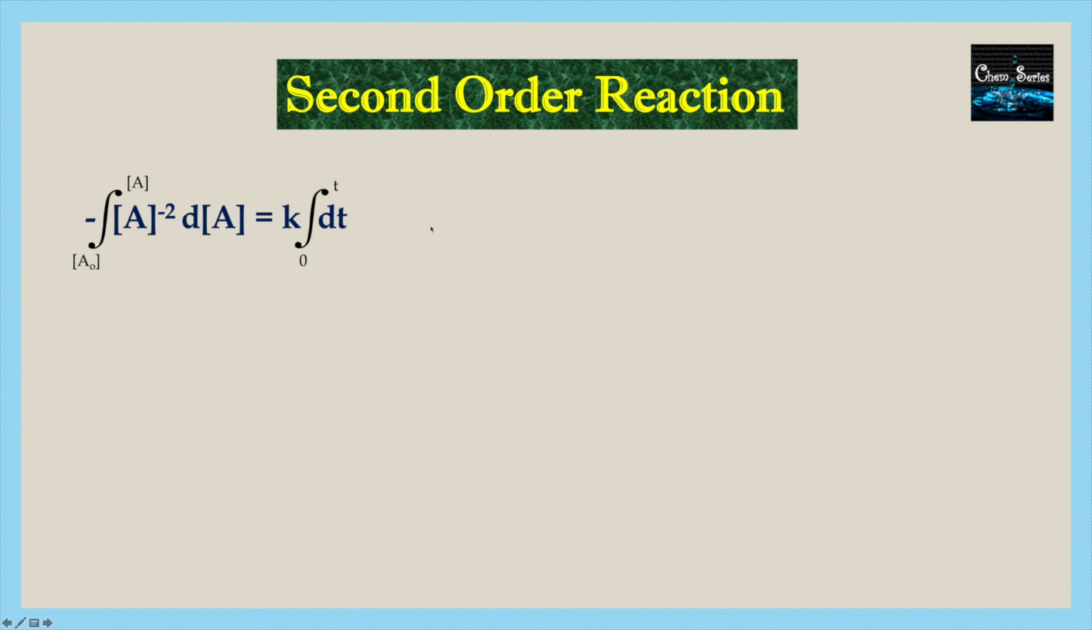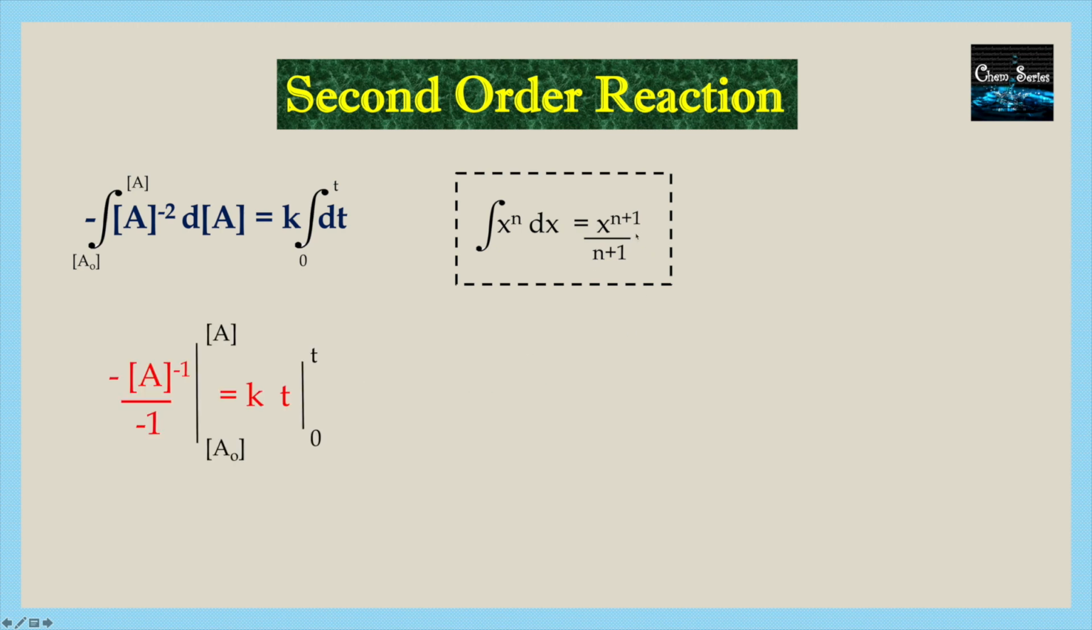Now while integrating, I think you have come across this integration formula: when we integrate x power n dx, it is x power n plus 1 divided by n plus 1. In the place of x we have the reactant concentration A. So A power minus 2 will be A power minus 2 plus 1 divided by minus 2 plus 1. Minus 2 plus 1 will become minus 1, right? So A power minus 1 divided by minus 1, and your upper limit is the concentration of the reactant A at time t, and the lower limit is the initial